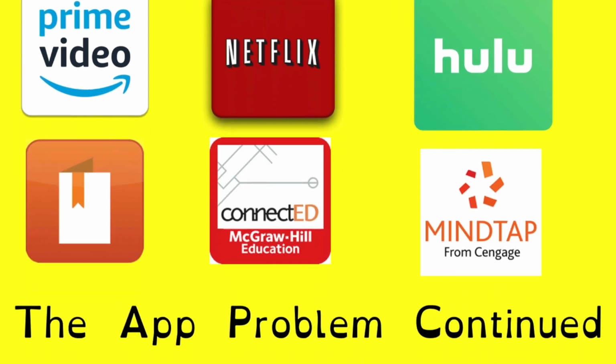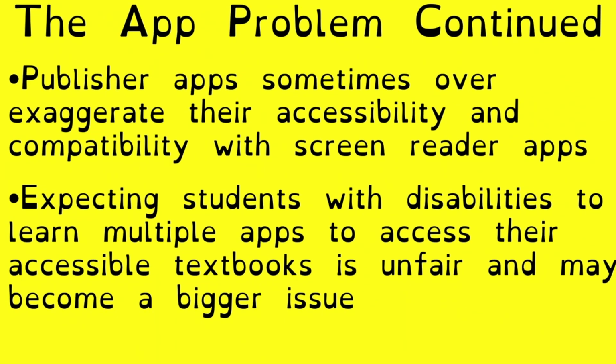The other issue I want to point out, sometimes these publishers over exaggerate the accessibility of their app. This is when it comes to looking at, particularly, homework assignments and things of that nature, or add-on additional content from the book. That is where a lot of these publishers might say, oh, it's accessible, or we've done some testing and it looks like it's accessible, but they haven't fully checked all the compatibility when it comes to screen readers, also looking at other things like the contrast ratio of the font, making sure all the pages are easy to navigate for students, and they might not be considering all those factors,